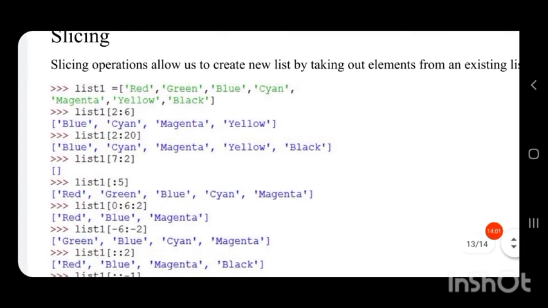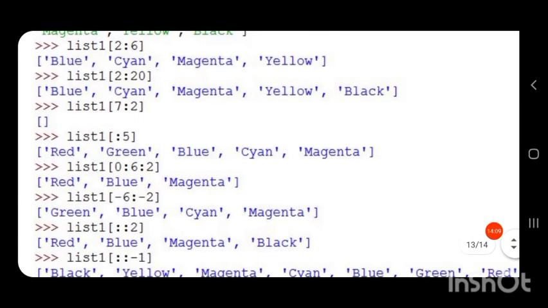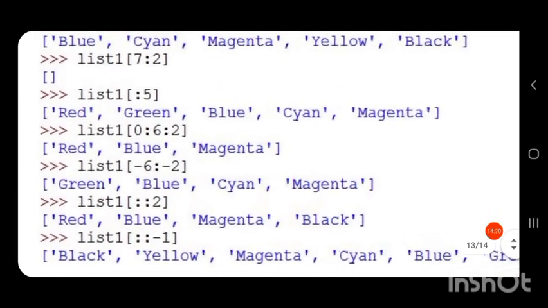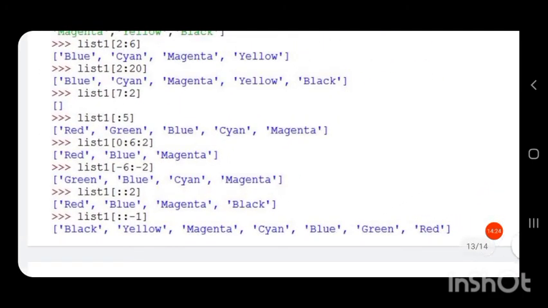Then 4 plus 2, that is 6. 6 is out of range, since we have given our stop value as 6. So we have to consider up to stop minus step, that is 6 minus 2, that is up to 4 only. So only red, blue and magenta will be displayed.